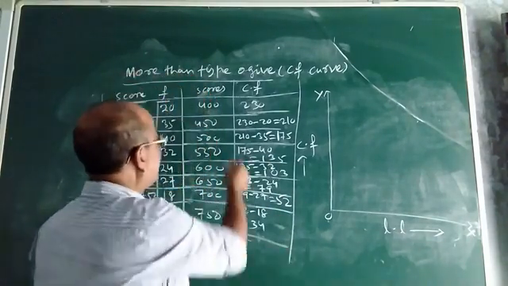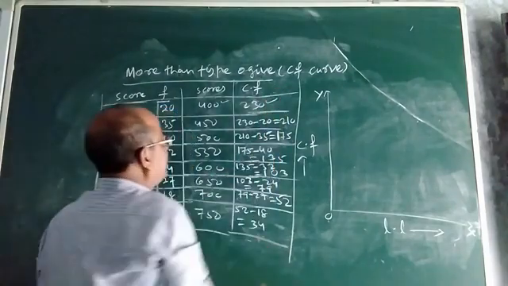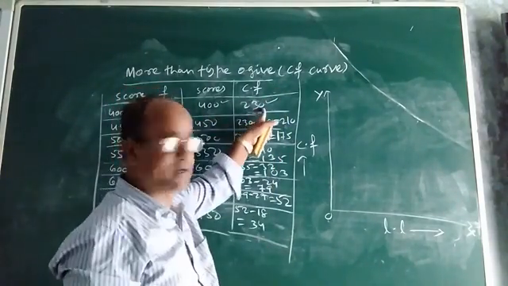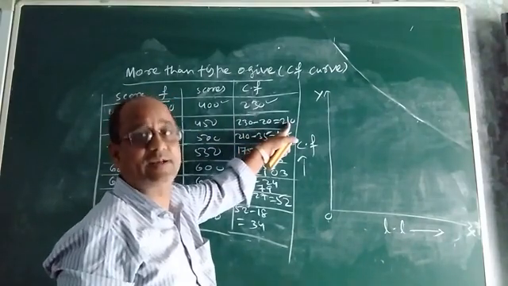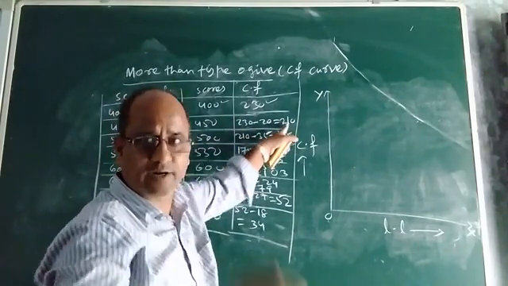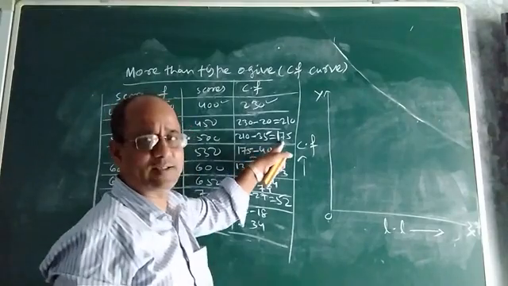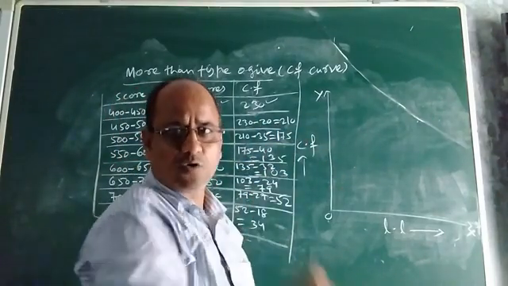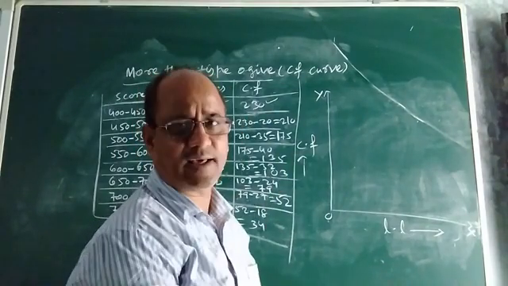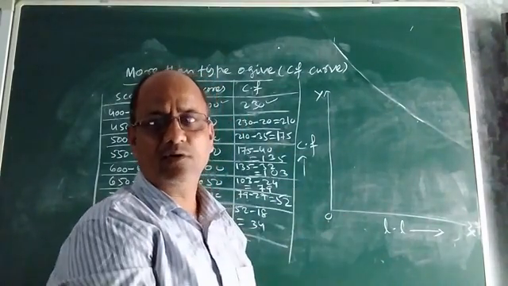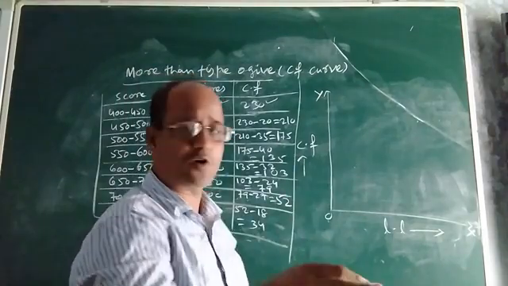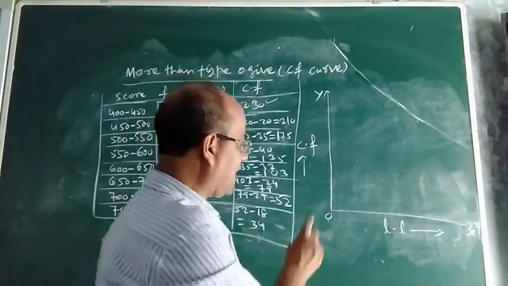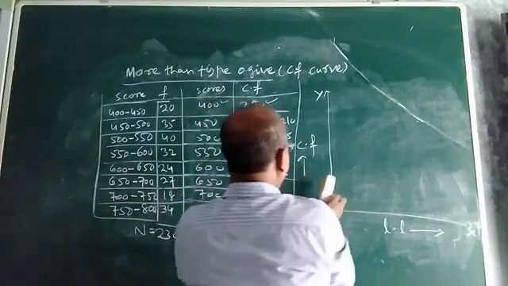Now see, what are the points? These are the points you see. 400, 230, this is one point: X coordinate, Y coordinate. 450, 210, it is another point having two coordinates. Then 500, 175. These are the points which you need to plot in the coordinate system by choosing appropriate scale. And after that, if you join them by freehand, whatever curve is obtained, that will be your more than type ogive.